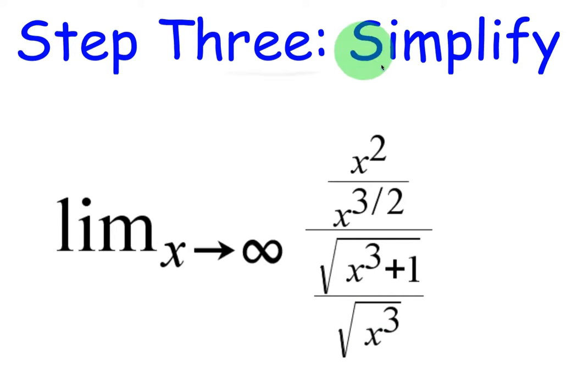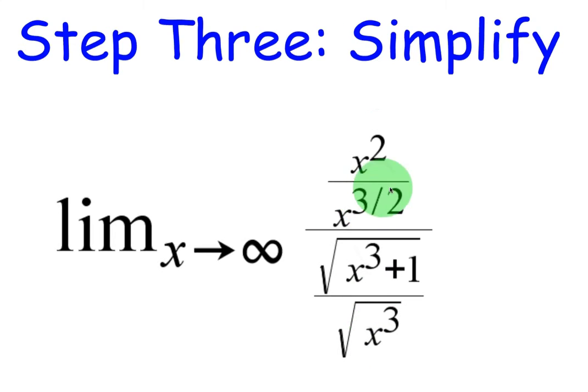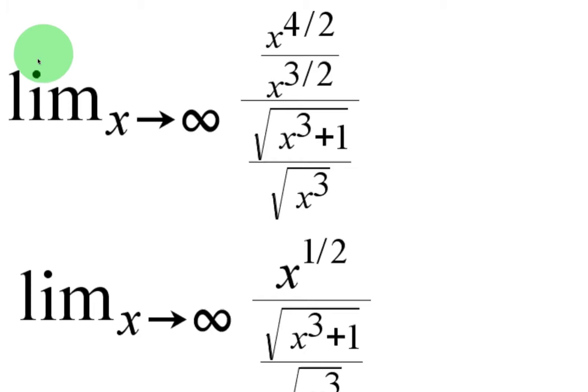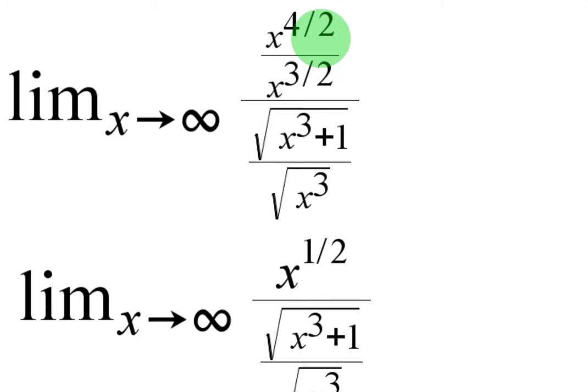Step 3 is to simplify. So I can write the square root of x cubed as x to the 3/2. For the bottom, I can keep it that way because then I can just distribute the x cubed there. So we get x squared over x to the 3/2, all divided by the square root of x cubed plus 1 over the square root of x cubed. I'm going to convert this x squared as x to the 4/2. That way I can subtract these. So x to the 4/2 over x to the 3/2 is x to the 1/2. And like I said, for the bottom,